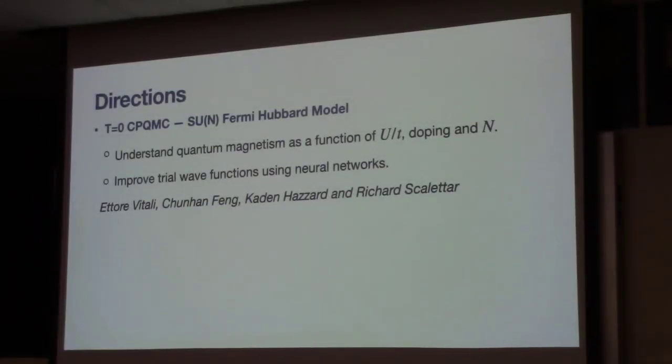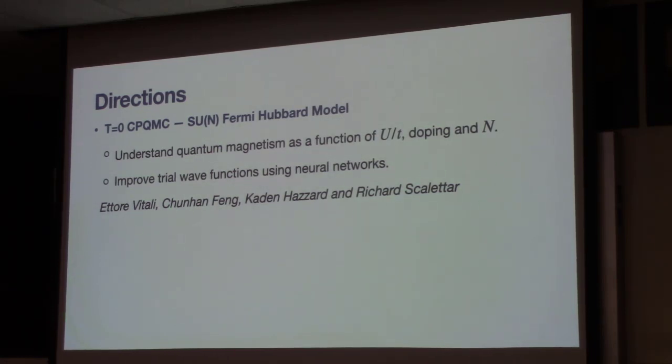So just to illustrate what kind of directions we're pursuing now, with the ground state calculations, can we understand quantum magnetism as a function of U, doping, and N? And can we improve the trial wave functions using neural networks? That's something we were just talking about earlier today. And of course,